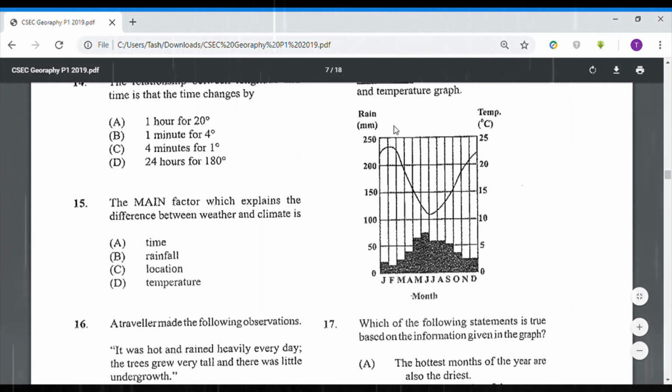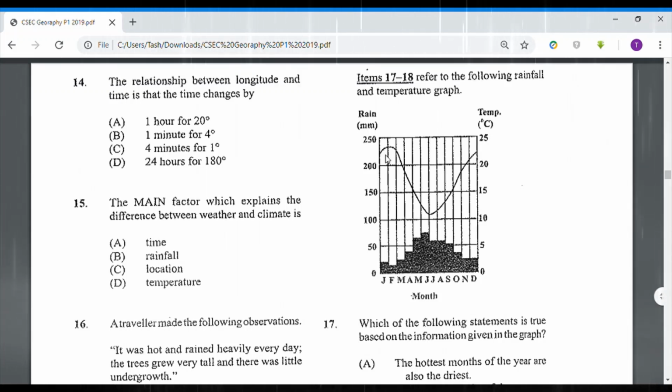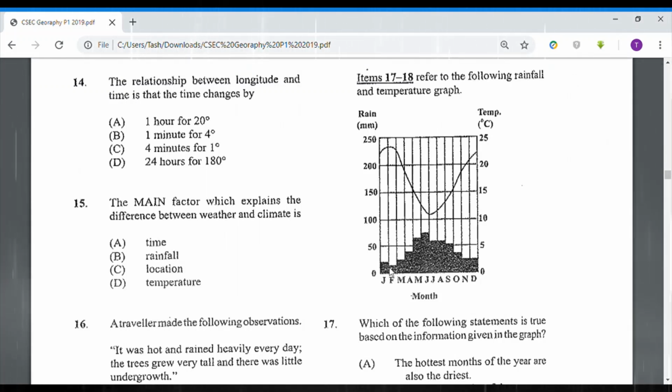Let's look at the hottest months. Hottest months would have had the higher temperature. So here would have been our highest temperature. And it says hottest months of the year are also the driest. They have a small amount of rainfall. And when we come to the middle section here, that is between May, June, and July, we are seeing an elevated period of rainfall, but we are also seeing a reduction in the temperature, so that would not have been